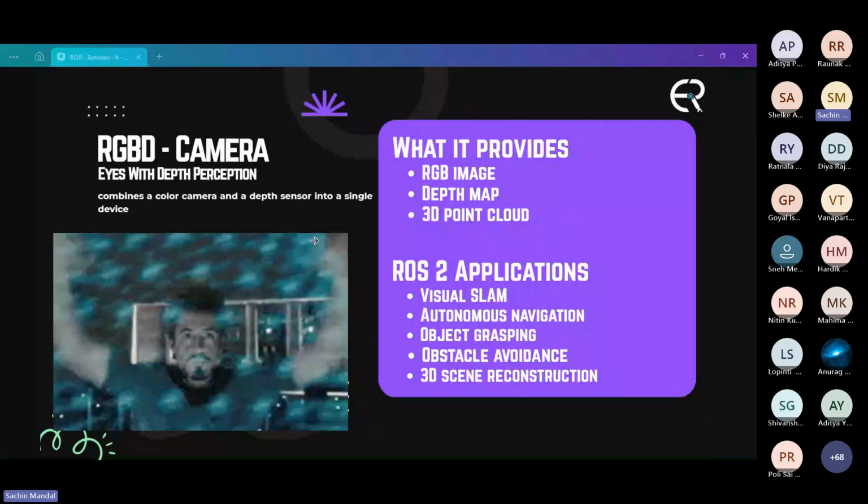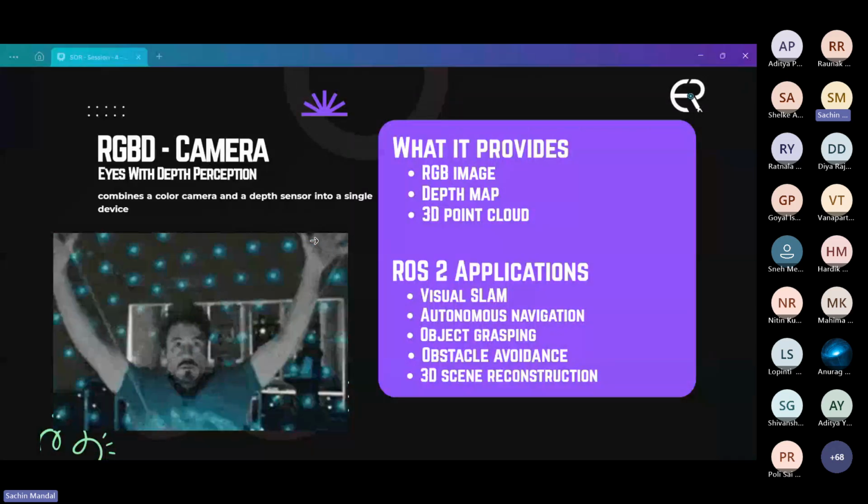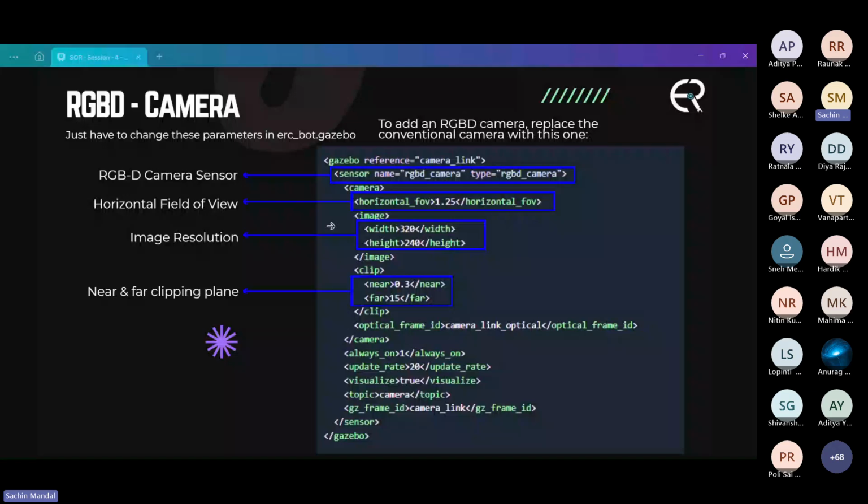Now to add the RGBD camera, we have to replace the conventional one in the Gazebo plugin file, as it stores the camera features. We will change the sensor name and type to RGBD and add horizontal field of view, image resolution, near and far clipping planes, just as we did for the camera.